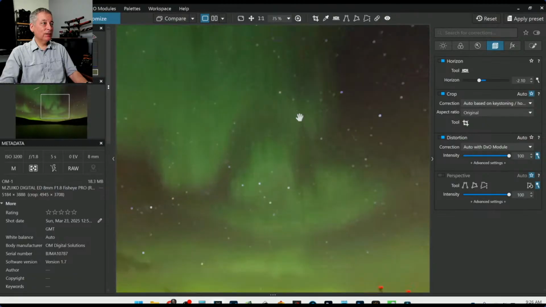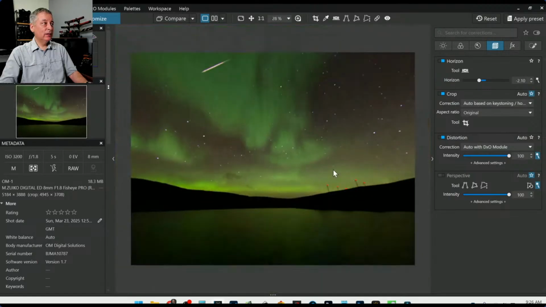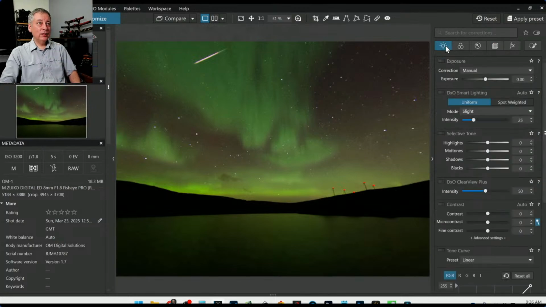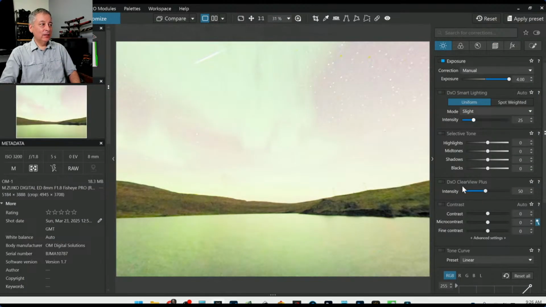And it's just slightly out of focus from what I can see here. So I'm going to try and make that look a little sharper by using the unsharp mask tool. I'm just thinking ahead a little bit. Let me go over to the exposure tools here and just crank this up and see what I can recover down here. I think we're okay. I think I can recover some of this